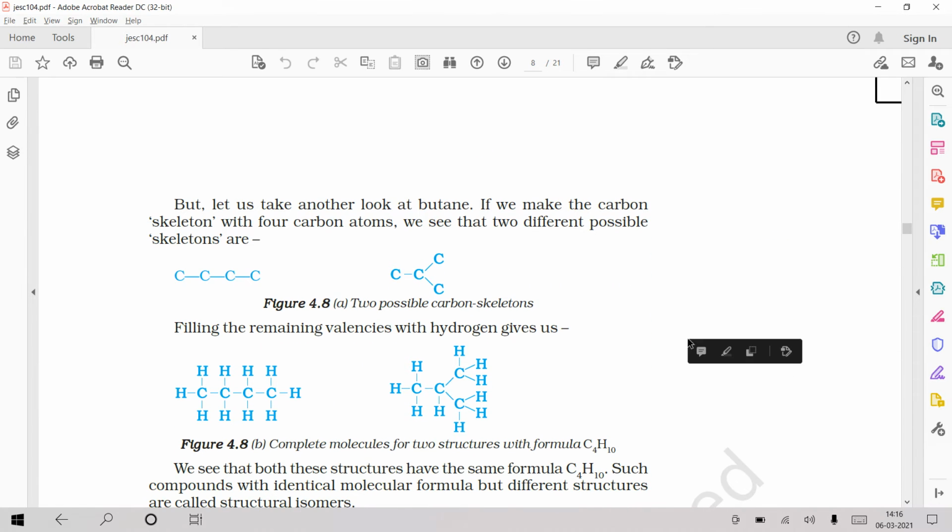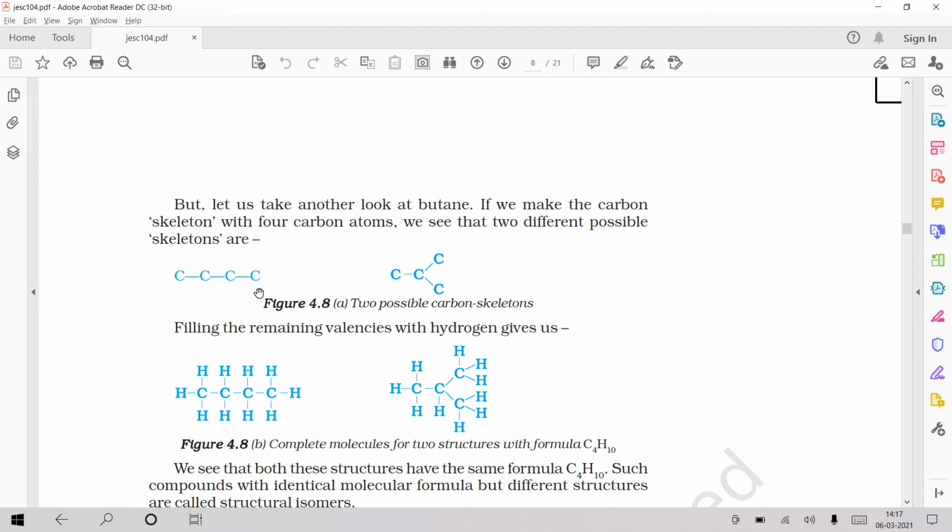But for example, if I have four carbons, I can arrange them in two different ways. You can see here, four carbons are attached one to one, like a handshake. So one, two, three, four carbons in a single chain. In this case, the four carbons are not attached one to one, because only three are attached in a straight line. One, two, three. At the second carbon, I have one more carbon. So these are called branchings. These are where we don't have any hydrogens. This is called a skeleton.